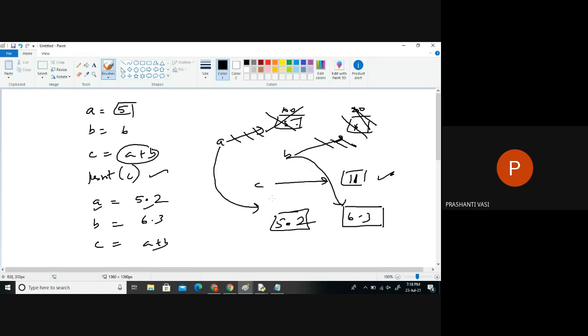Now we said C is equal to A plus B. By adding this data and this data, we got a new answer, something like 11.5. So it is also new data. It's not 11, it is 11.5. Again, new data is created and now C is pointing to this new data. The link is broken, the old data is destroyed. So currently A, B, C are pointing to the new data, right?